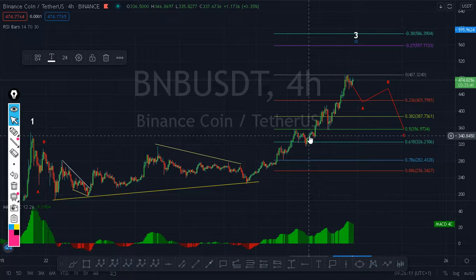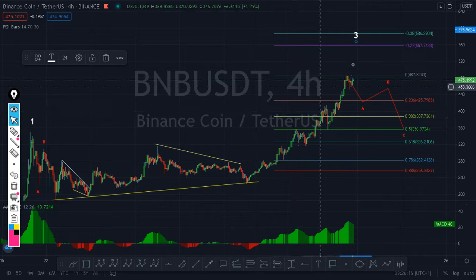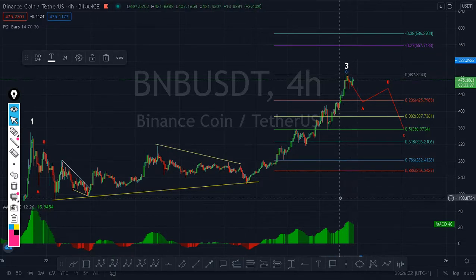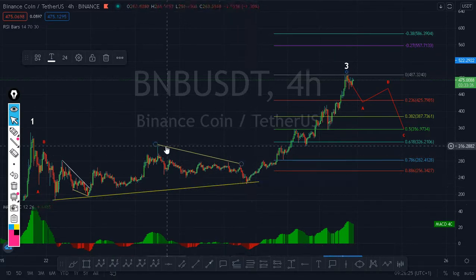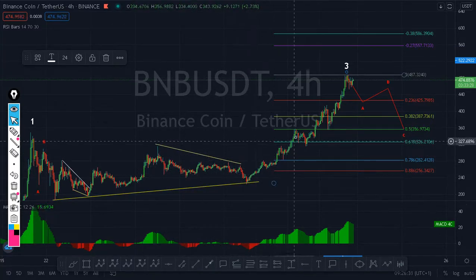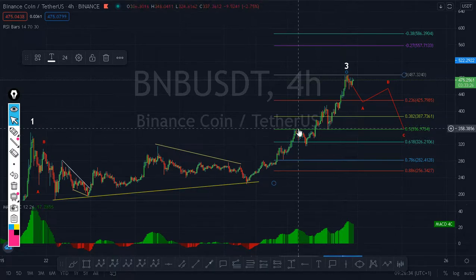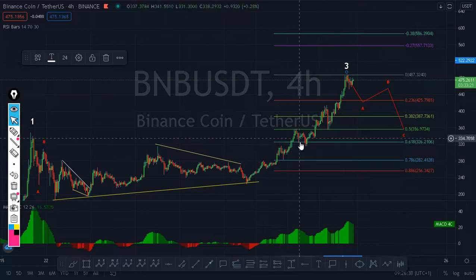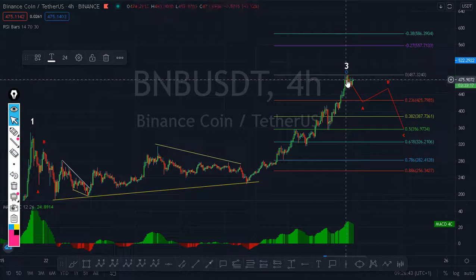So I encourage those who are following me to buy when it is safe to buy. You can always make profit in the market anytime, but don't be in a hurry to make the profit. For instance, the time to buy BNB is when this is happening. This is when you would have bought, or when this happened. Okay, now see what I showed you. 1, 2, 3. So when this happened is when you would have bought, or when this happened, not now.